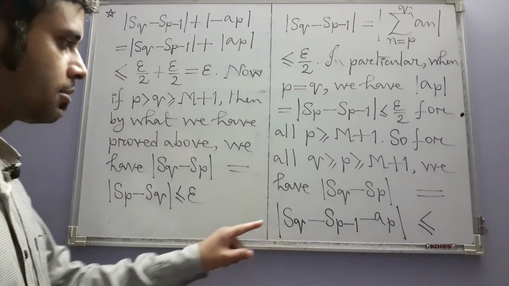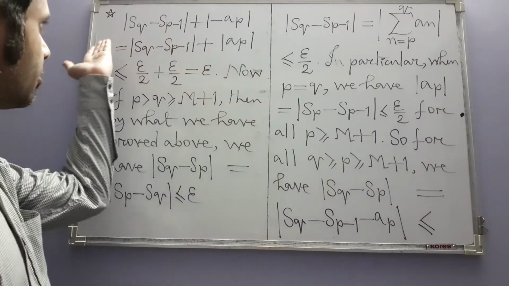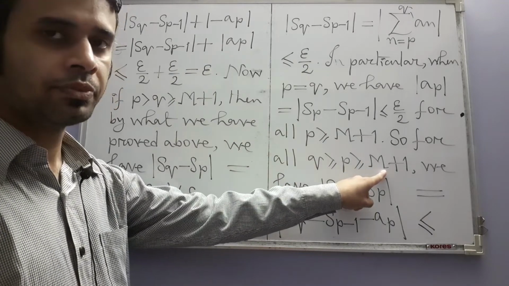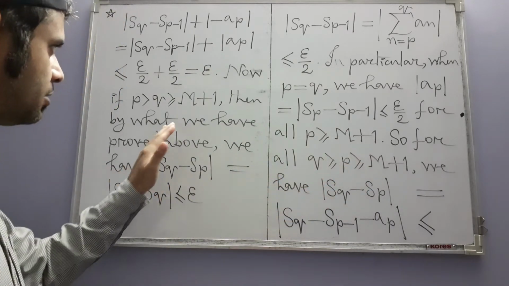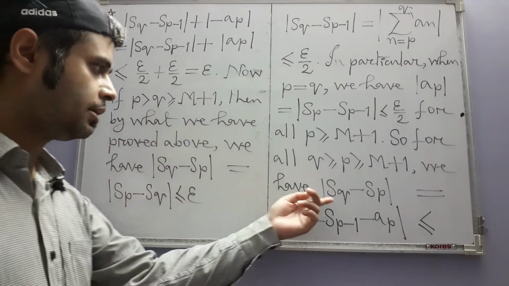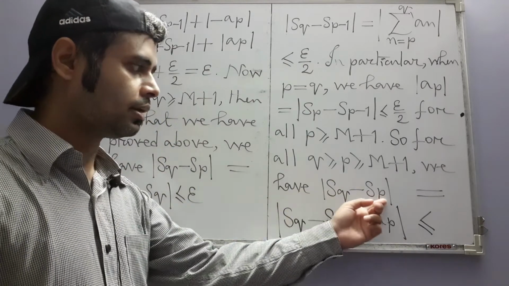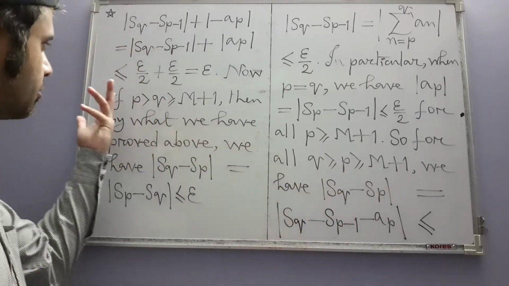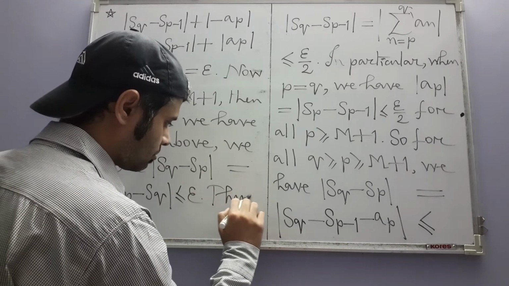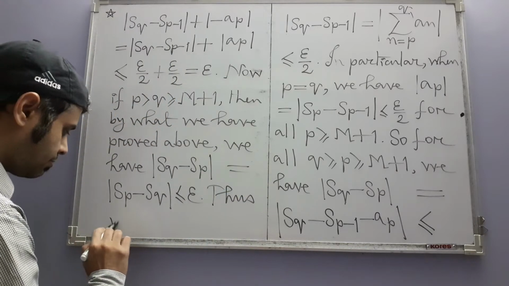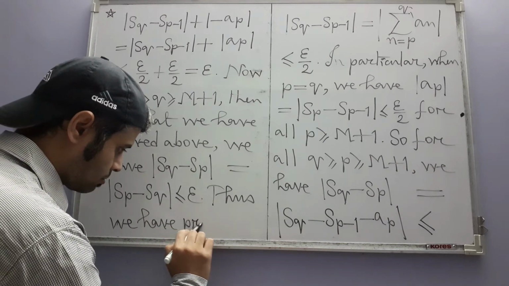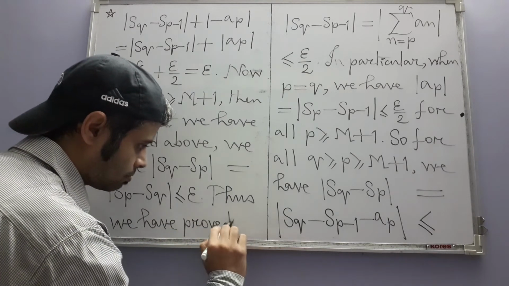How? Because this thing is less than or equal to epsilon when Q is greater than or equal to P, and we have switched the roles of P and Q here. So you just think of P here and Q here, so that will be less than or equal to epsilon. Thus we have proved that